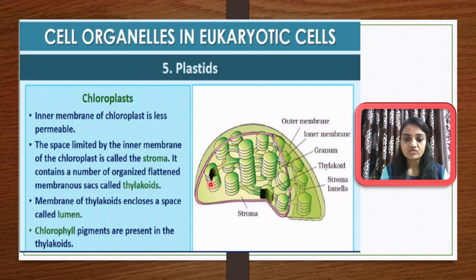Okay, so this is the thylakoid. Here you can see this is the thylakoid. Surrounding that there is a stroma, outer membrane, and inner membrane. The whole stack of the coin-like thylakoids is called granum. An intermembrane space may also be there. By this way, this is the structure of a chloroplast.